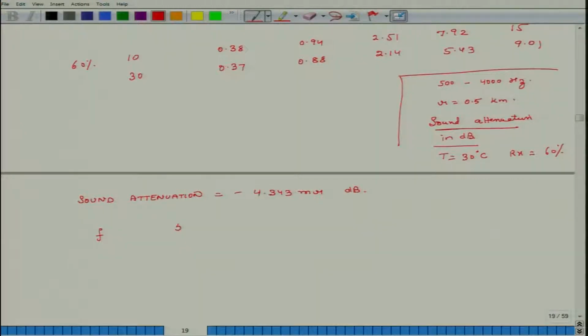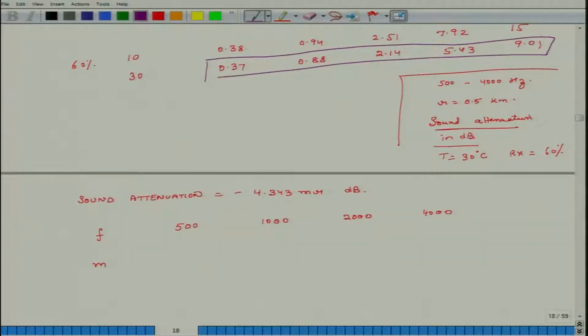So, F is equal to 500, 1000, 2000, 4000, and the values of M. What are the values of M we choose? We choose this row. Okay. So, values of M are 0.37, 0.88, 2.14 and 5.43,